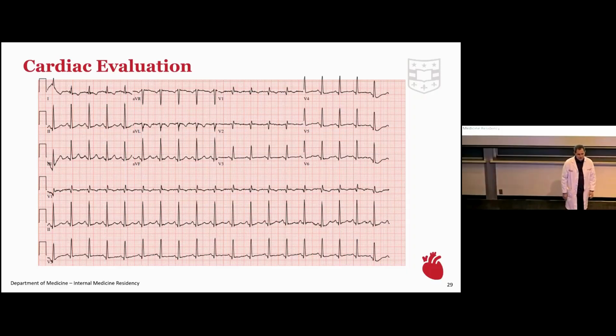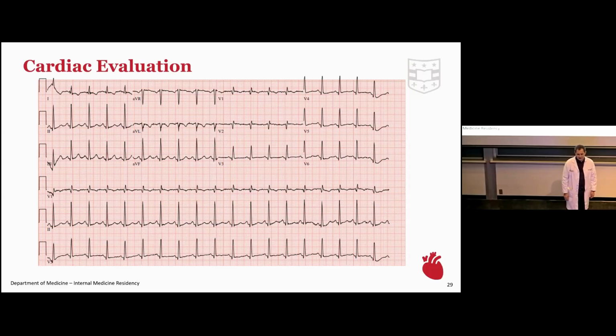But looking at it a little bit more closely, we see that it's a regular rhythm. There is a P wave before QRS in a predictable manner. And so it does look like normal sinus rhythm. Technically, you can't tell the difference between an atrial rhythm and a normal sinus rhythm if the atrial driver is close to the sinus node. But otherwise, it's unremarkable as far as the origin of the P wave is concerned.